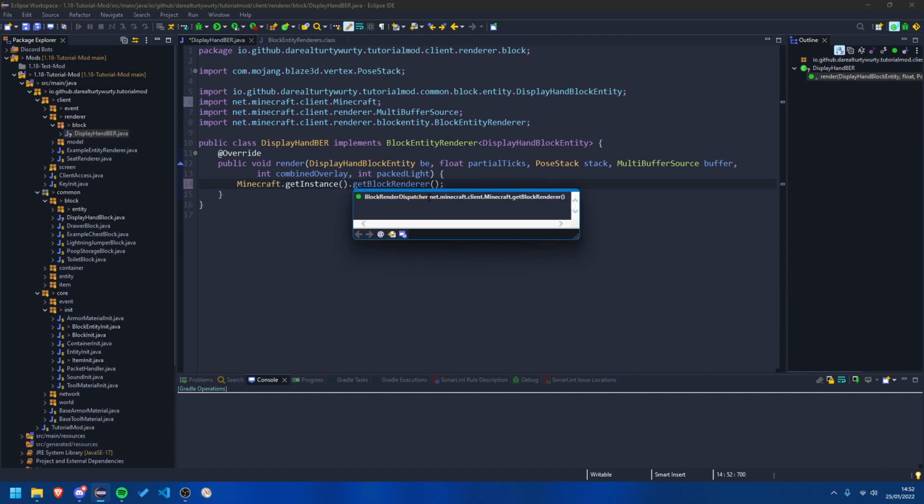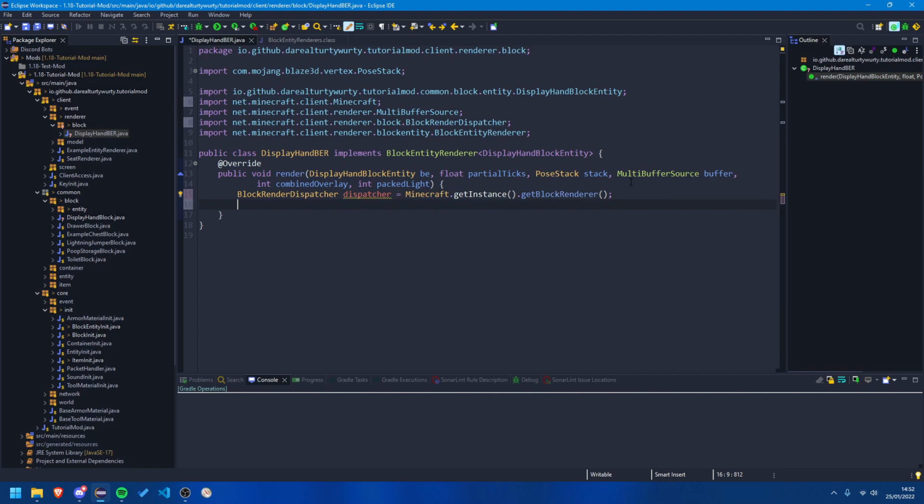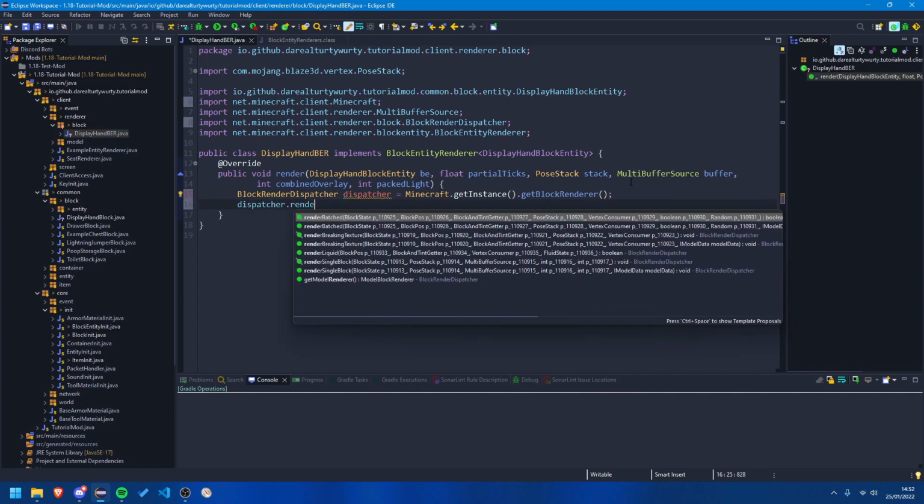And we can make a field for that. I'm going to call this dispatcher. Great. And we can do dispatcher.render, and you'll see there's a bunch of different render methods. You can render a liquid, etc. I'm going to render a single block,